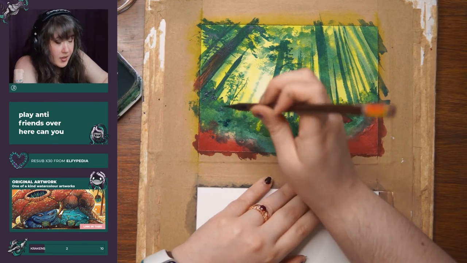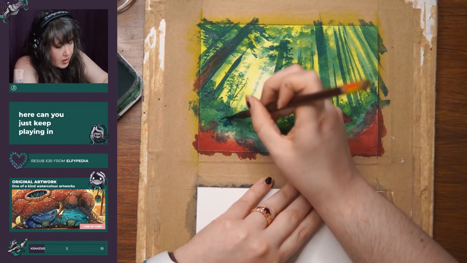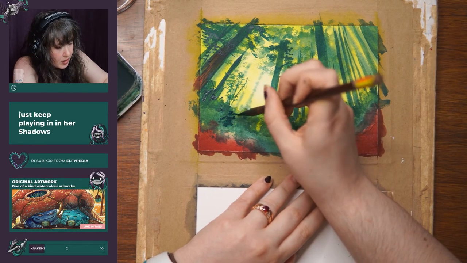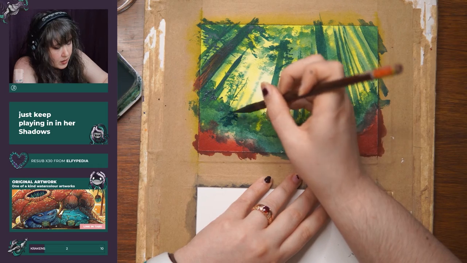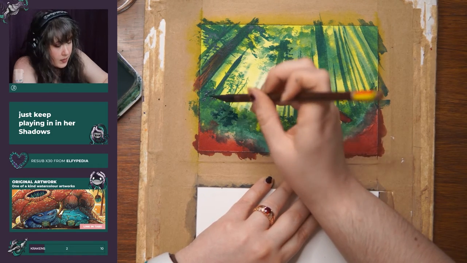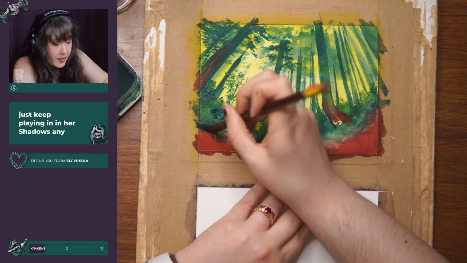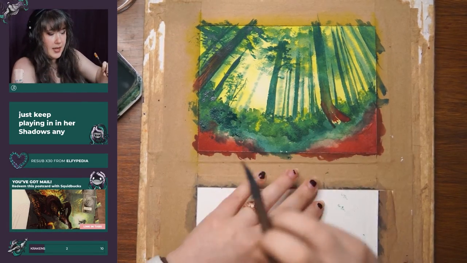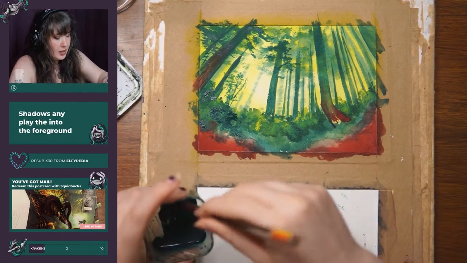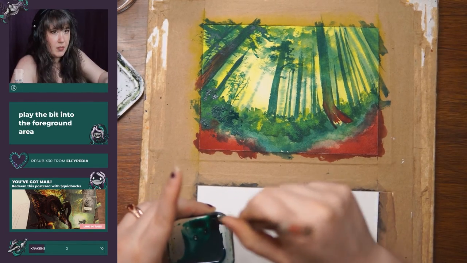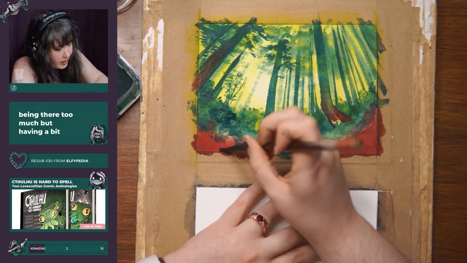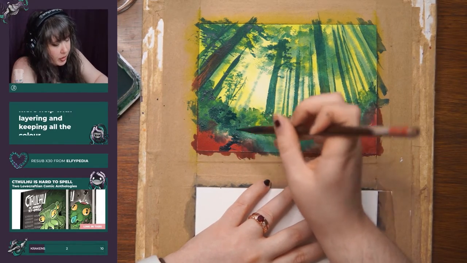You just keep layering in her shadows in the correct areas. They can bleed a bit into the foreground area. We'll try to keep them from being there too much, but having a bit will help with layering and keeping all the colors a bit more cohesive, so